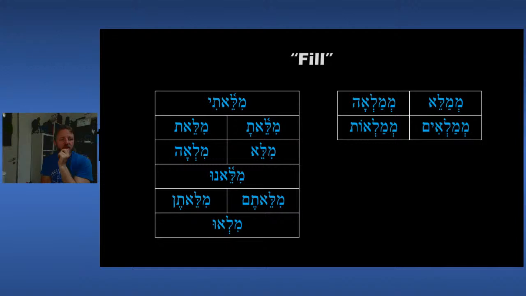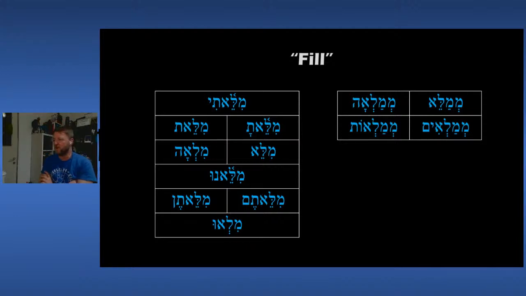Mile and mila'ah. Mila'ah. The lamed is missing the dagesh because of begadkefat that nobody's asking about. Mila'ah. She filled. Milenu, we filled. Miletem, mileten, and mil'u. Mil'u. Okay, the present